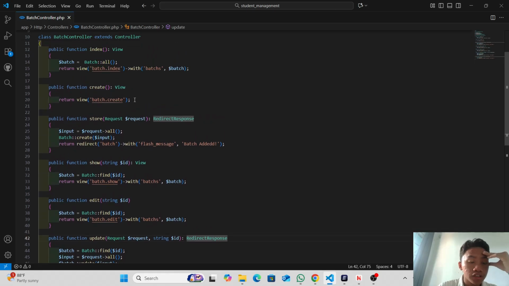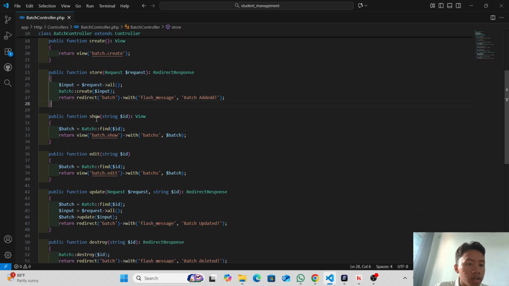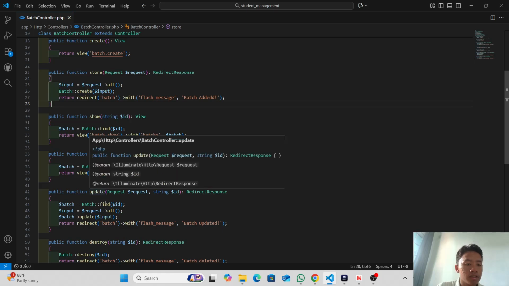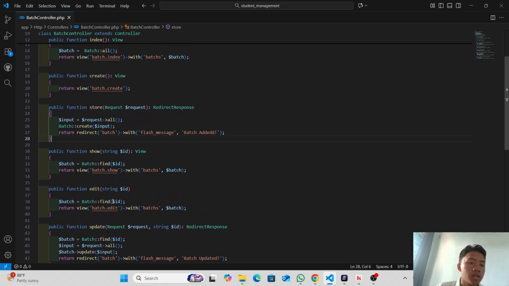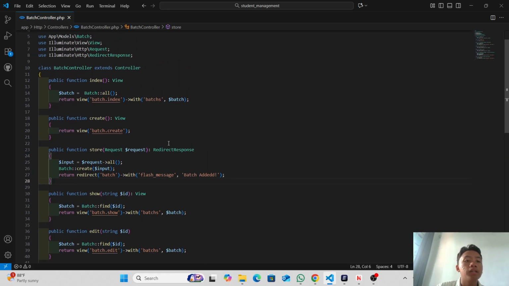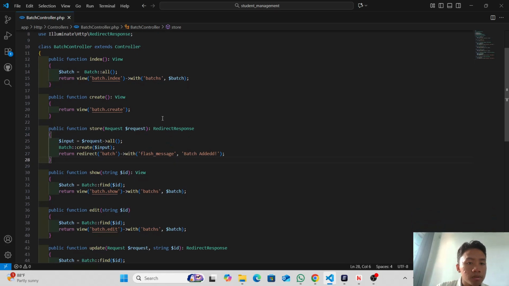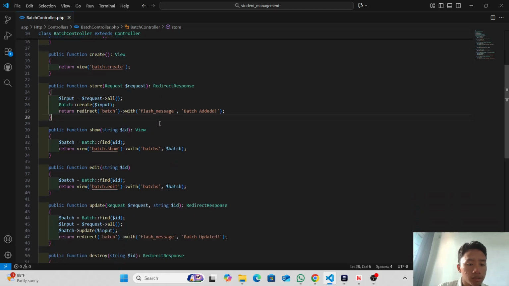Store is for saving after you create some data. Create is for store, and edit's save logic is update. The response view is just view create and edit.